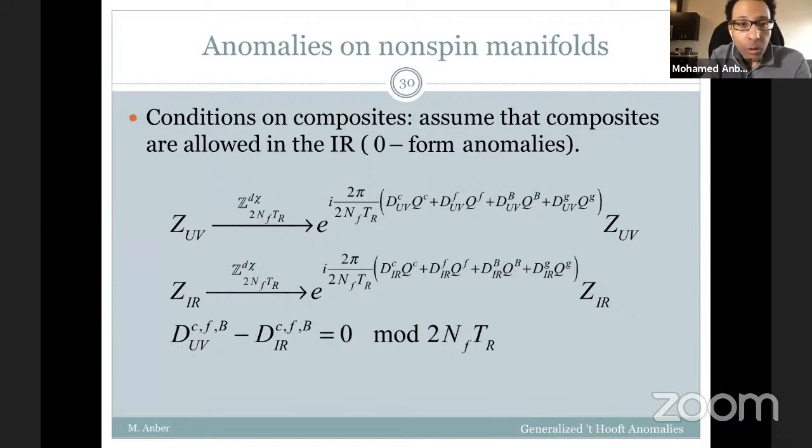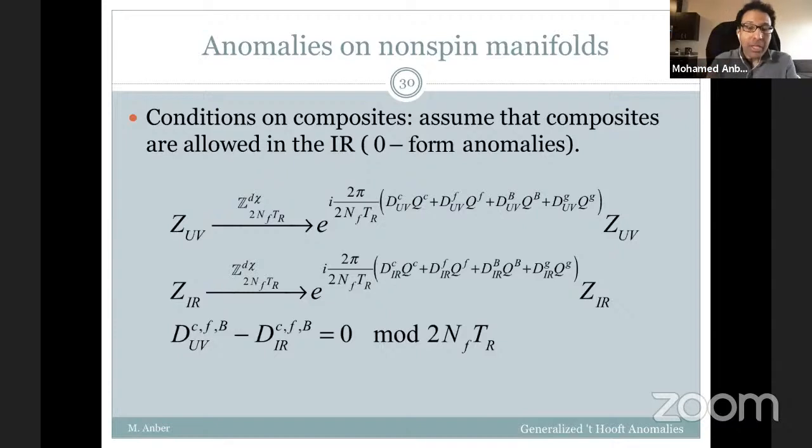So now I'm going to play the following game in order to see what the BCF anomaly on non-spin manifolds buys us. I will consider a theory, and I will assume this theory forms massless composites in the IR. The way I will do that is to check that the massless composites match all the zero-form anomalies. So I have a given theory in the UV, and I will propose massless composite fermions in the IR that match all the zero-form anomalies. But then I will turn on the BCF fluxes on CP2 and see whether the composite fermions can match